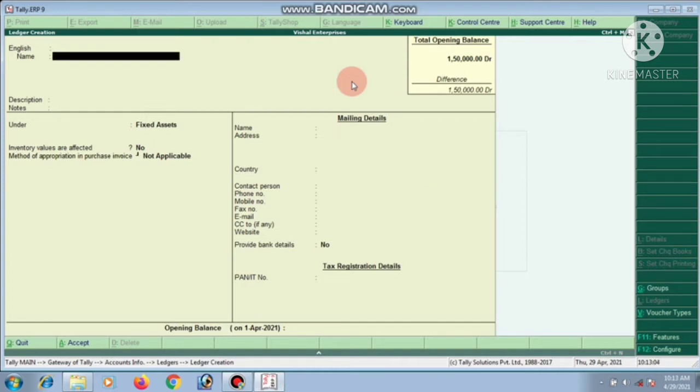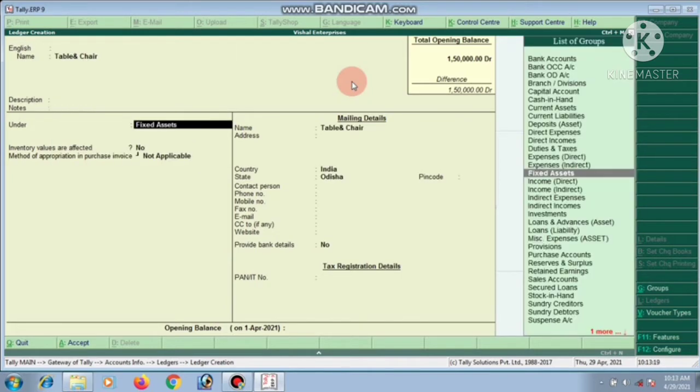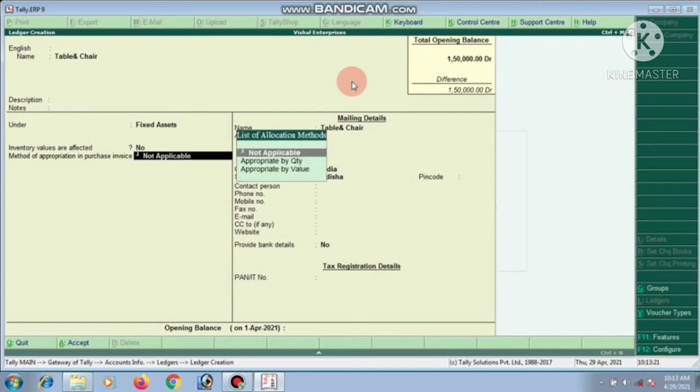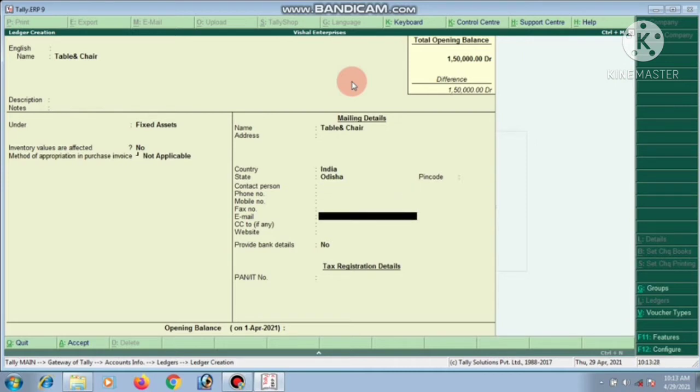Then again we write furniture, or table, chair. This is called fixed assets. Its under is also fixed assets. Then give the rupees. Now we give 25,000.